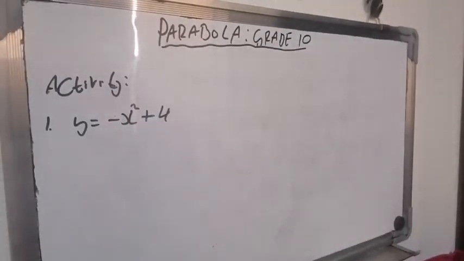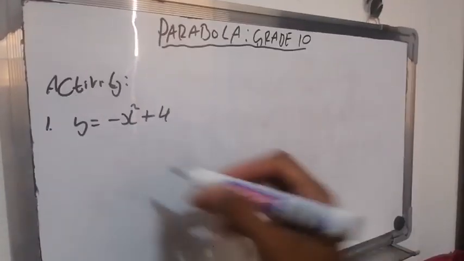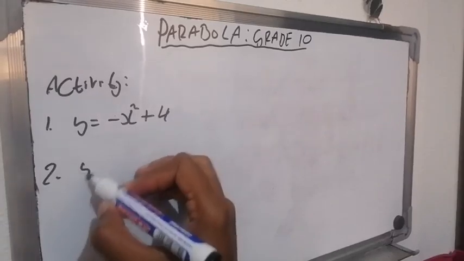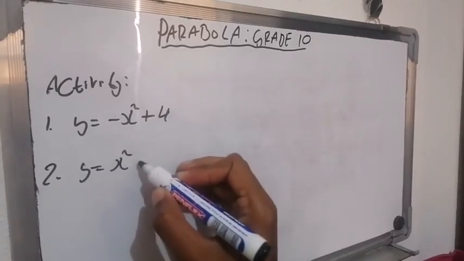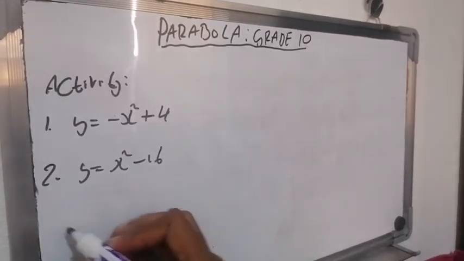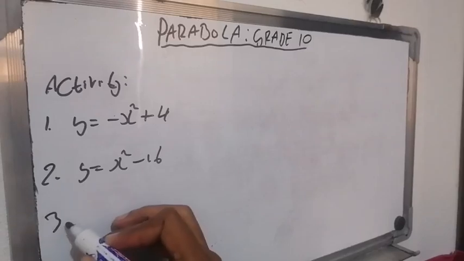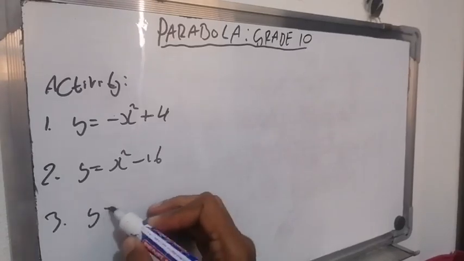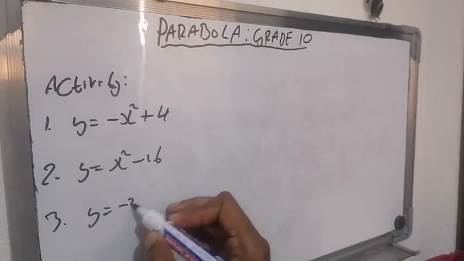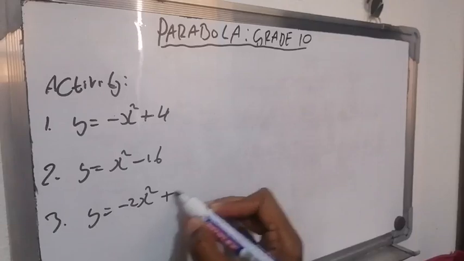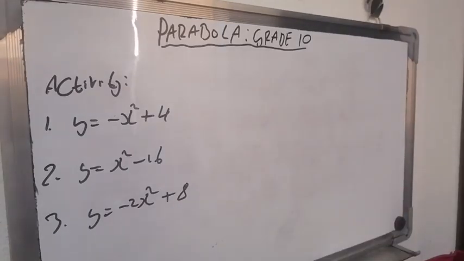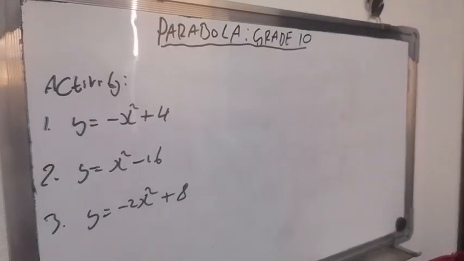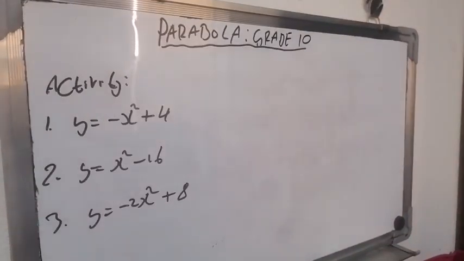Okay, negative x squared plus 4. And then you can try to plot the graph of x squared minus 16. You can try to plot the graph of y equal to negative 2x squared plus 8. You can try to plot the graph of these three things, and then